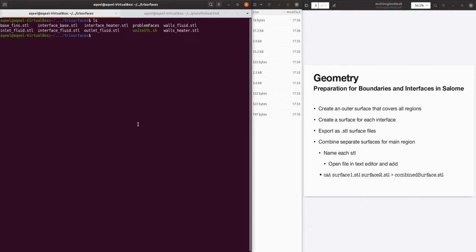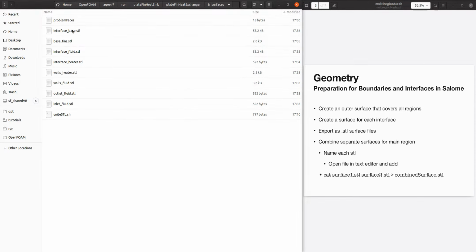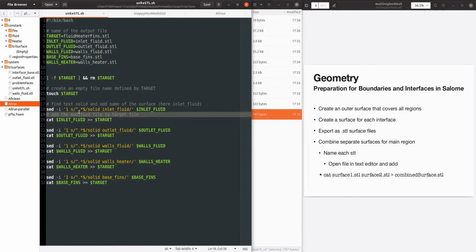But there is an easier way to rename all of them together. For example, we can use a very simple script where we mention the name of the final STL file, and then we can specify here the name we want to give to each of the faces. And basically this fluid heater fins will be the outer region that covers all the boundaries of all the regions.